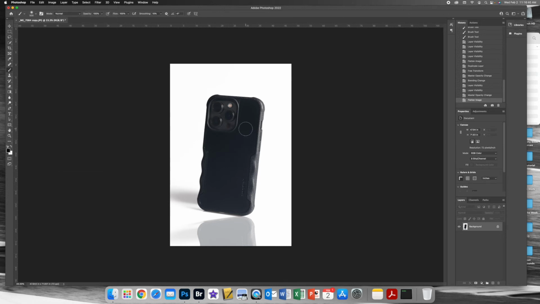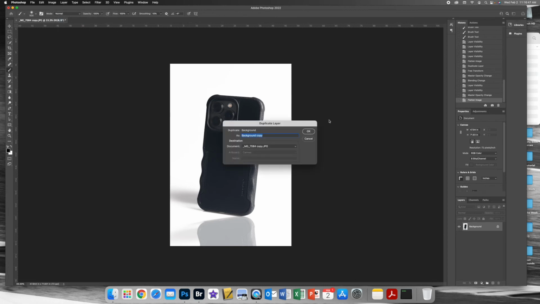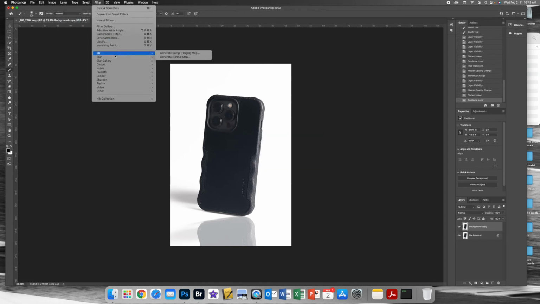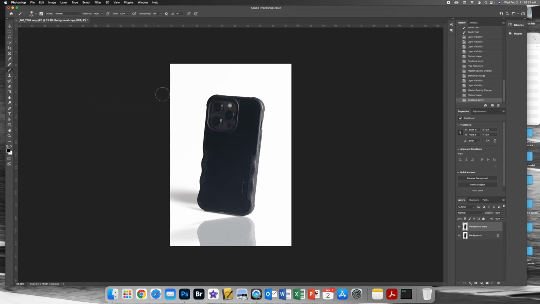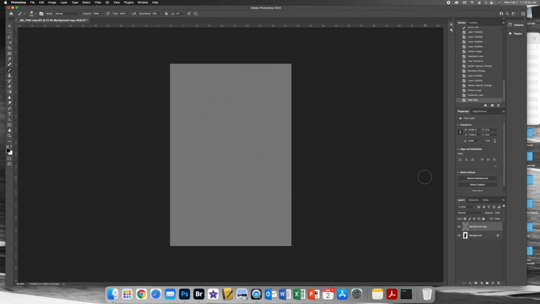So the last thing I want to do with the product, you always want to make sure it's super sharp. So I'm just going to, again, go to layer, duplicate layer, hit OK, and I'm going to apply a very fine high pass filter. So go to filter, other, high pass, and I'm going to do a radius of 2.2 pixels. This will act as a sharpening filter. Obviously it looks kind of weird, so I'm just going to click on normal for my blending mode